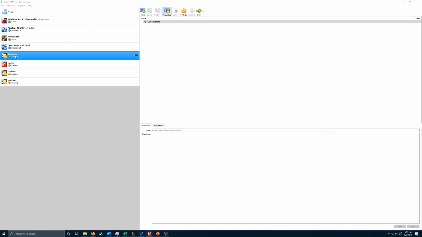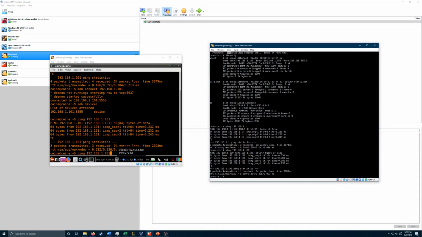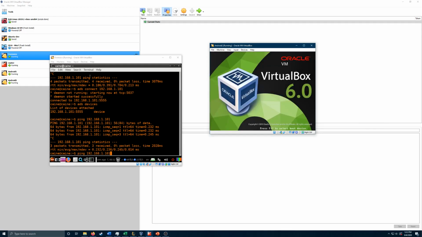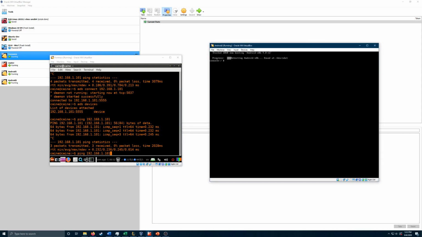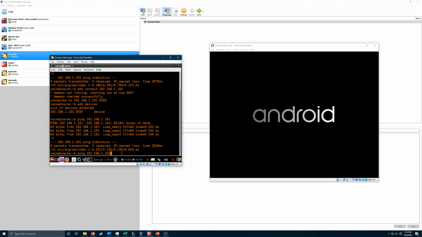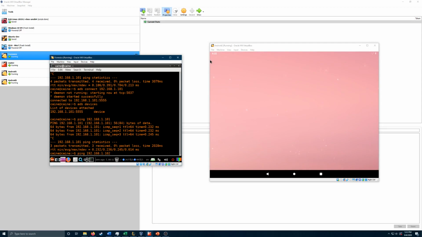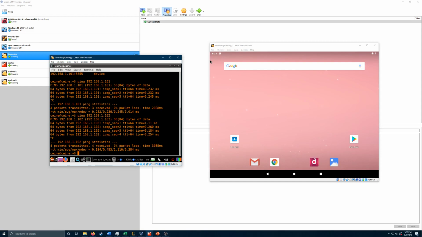So what I'm going to do is go to my CAINE box, which I have pulled up over here. I'll open up my Android machine, and I'll give this a reboot so we have the graphical user interface again. Just going to see if I can ping it from my CAINE box. Looks like I can. What I'm going to do then is adb connect